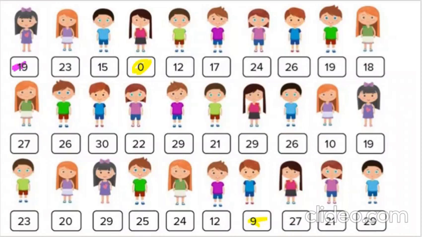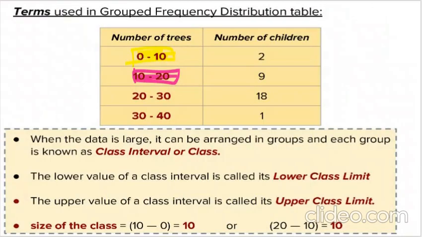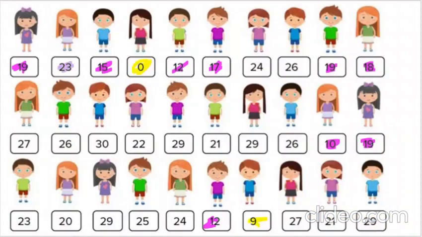10 to 20, so 19 15 12 17, again 19 18, then again 19 12, करेक्ट, तो कितने हो गए, 1 2 3 4 5 6 7 8, करेक्ट, और one more, ये हो गया 10 भी. So how much we have, 9 number of children in the range of 10 to 20. अब next is 20 to 30, 20 to 30 के range में 23 24 26 27, again 26, then